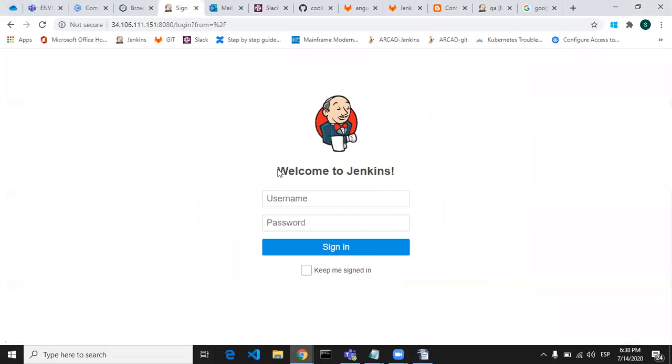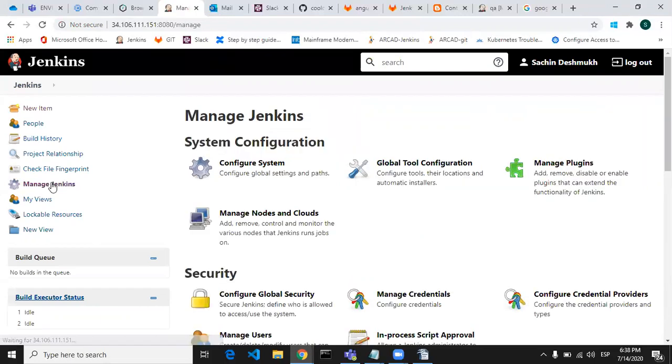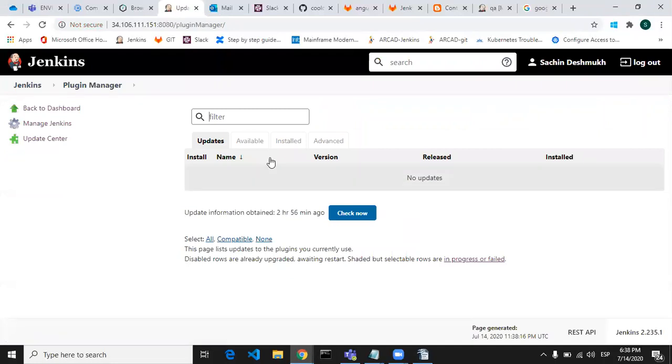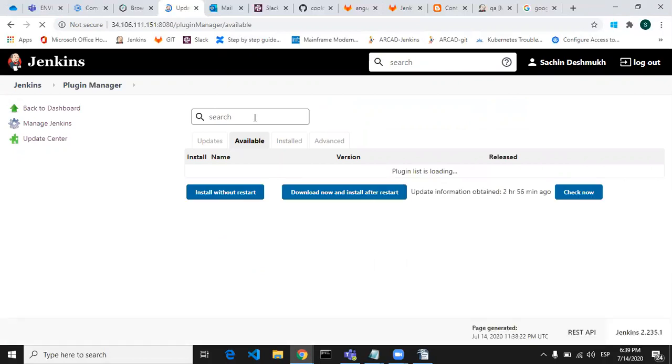So this is my Jenkins. Let me log in. To install the plugin, we have to go to Manage Jenkins, Manage Plugins, and in the Available section, you have to search for Nexus Platform.